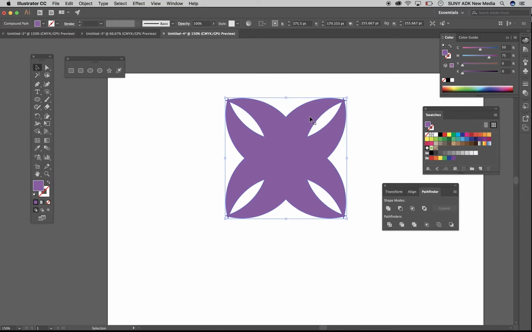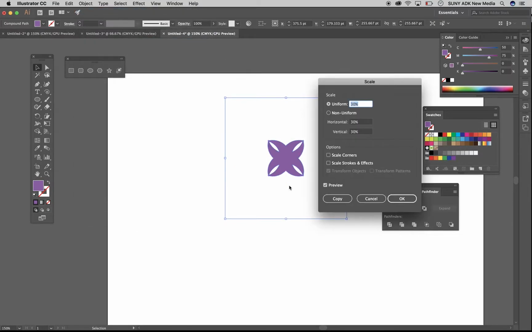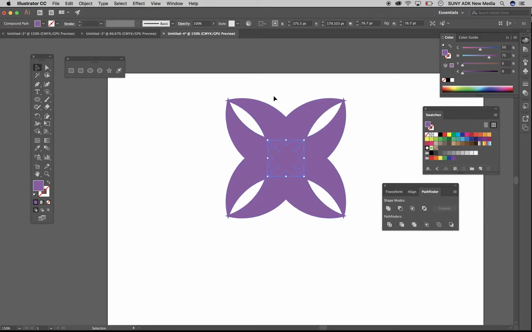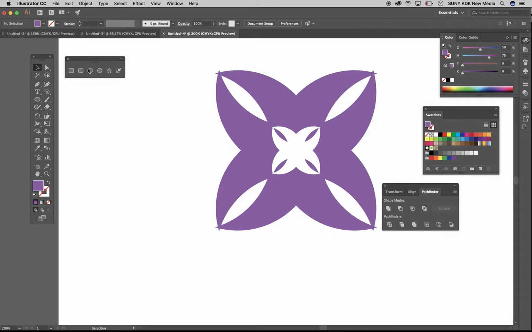And I'll take this and I'll say object, transform, and scale. And I'll scale it down a little like this, and I'm going to copy it. And I'll select all these things and I'm going to poke a hole right there in the middle of it. And again, there's a nice little ornamental design. I didn't really do much of anything, but if somebody looked at that, they would think there's something going on there. I can further make it look like there's more things going on here with very simple